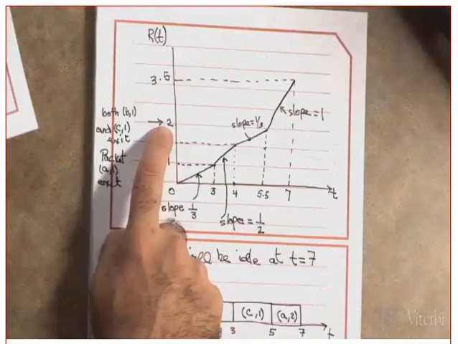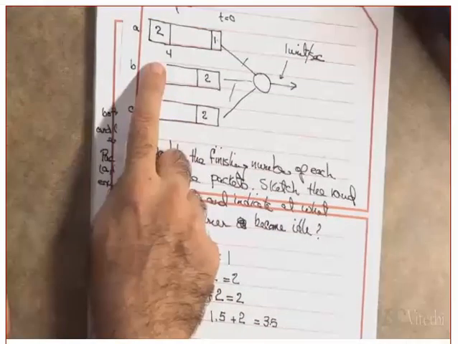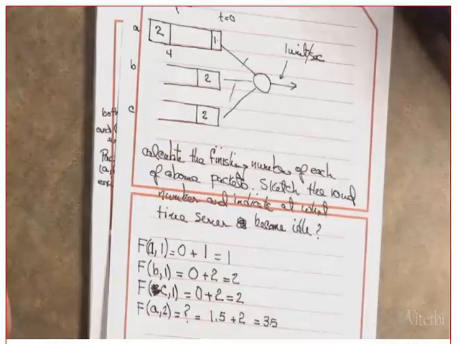This is the first round. A1, B1, C2. Did you get this or not? Why is it C2? One is finished. C2. Is C3 being served? No, C3 is not being served because the packet ahead of it is still in service. So A1, B1, C2, D2. This is all round. By the way, did the slope change? The slope did not change. All the flows are still active. Who departed? C2 departed, because it's also 1 bit. Clear? Okay.